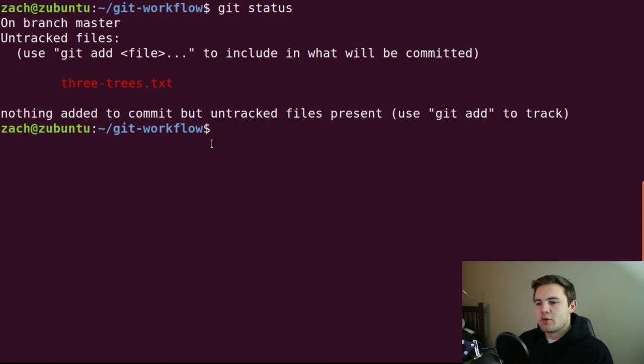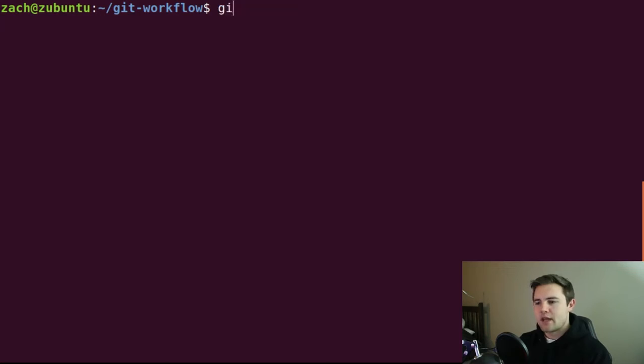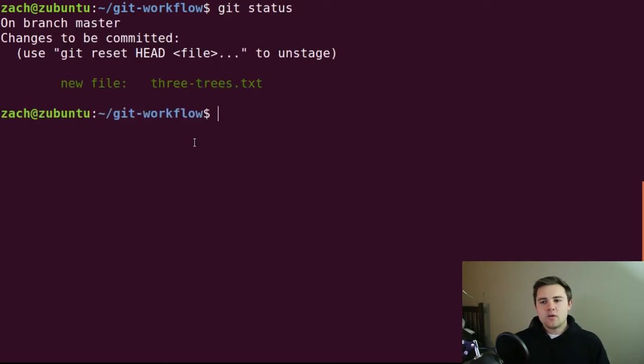Alright, so we'll come back to the terminal and type git add 3trees.txt. Once we do this, we'll type git status again, and now you can see that the Git utility has picked up on this new file, and it realizes that we have added it to the repository. Now we haven't yet committed to the repository, so basically right now our working directory is synced up with our staging area. In this little area right here under the changes to be committed, that is essentially what we call